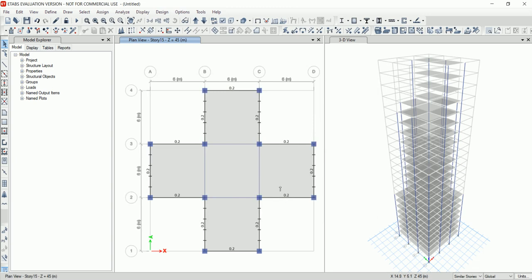Then go to stories between 20 to 23. Select all the external beams.